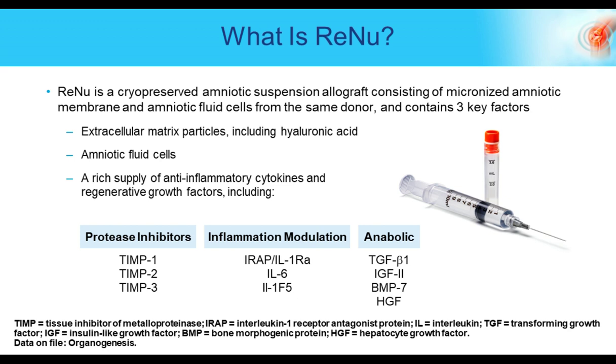So rather than transforming into cells, they're just little factories, medicinal factories, hence the suggested name change from mesenchymal stem cell to medicinal signaling cells, which quite elegantly keeps the same acronym. But increasingly, we've realized that in many of these injections, including ReNu, there are very few cells, and that it's not really the cells that lead to the effects that we see, but that it's more the anti-inflammatory factors contained